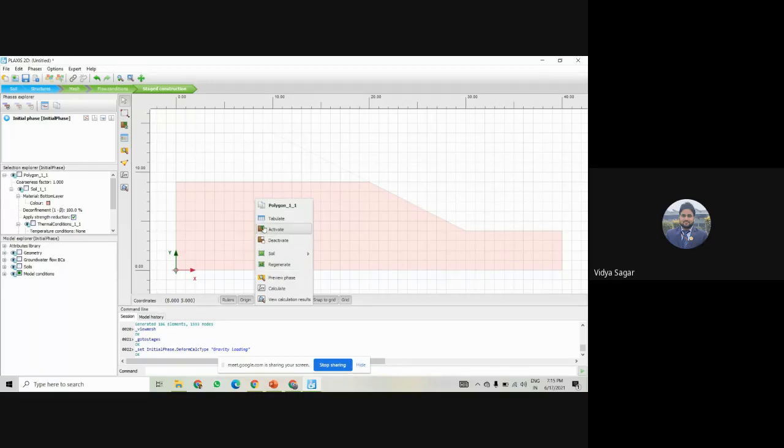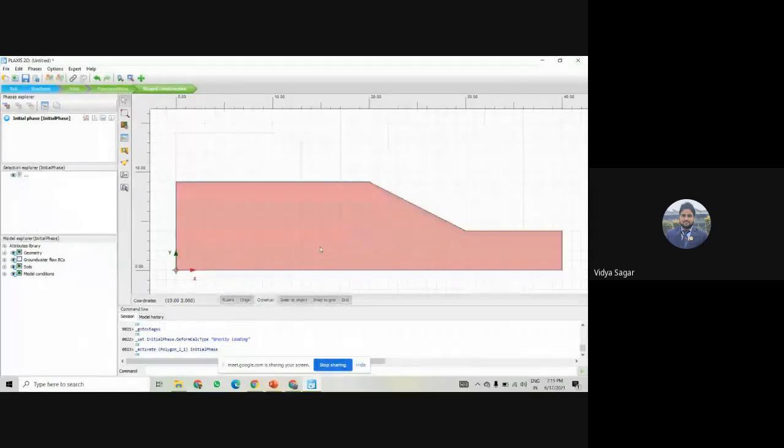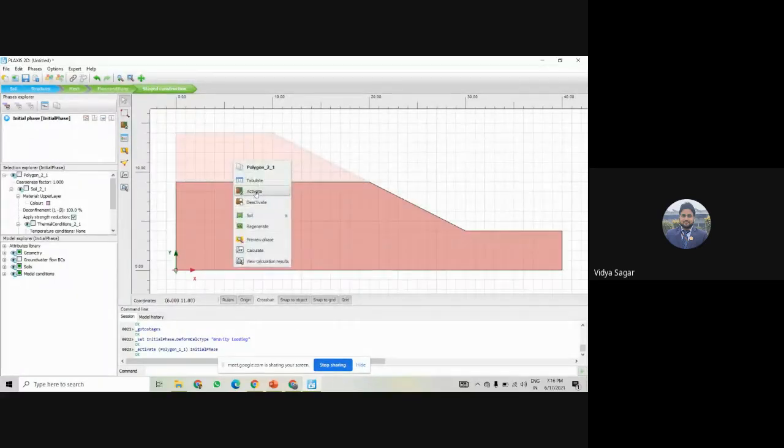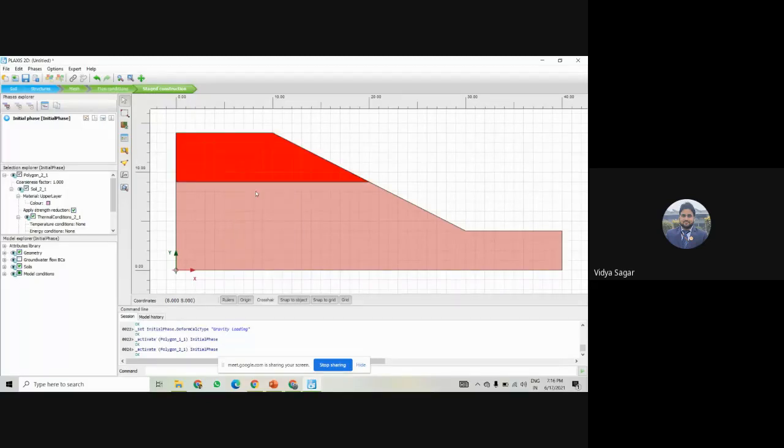Just click on activate, so this will be activated. Now you can see this is activated and the top one is remaining. So I will activate this one too. So both are activated, and now you can see both layers are visible here in color.